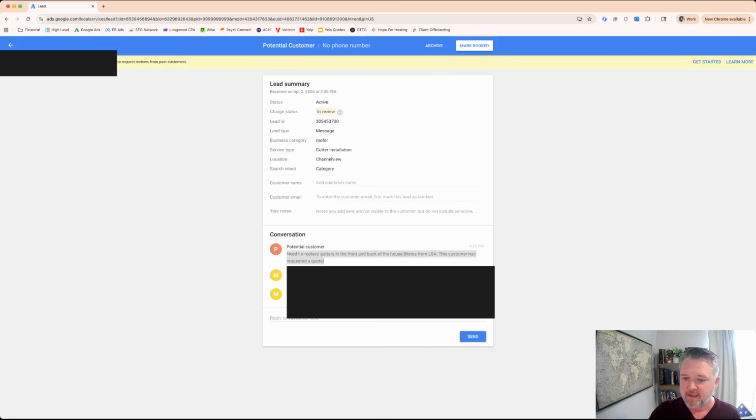And then the client responded back to them, and they were able to communicate using Google's form notifications. So this goes straight to the person sending it. This person searched for gutter installer near them, and what the LSA dashboard prompted them to fill in the form or place the call. They chose to fill in the form right there on the Google search interface, and this is where it showed up, and this is where you would respond to it.